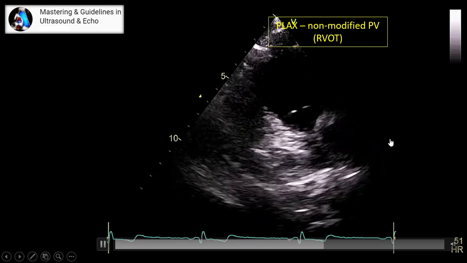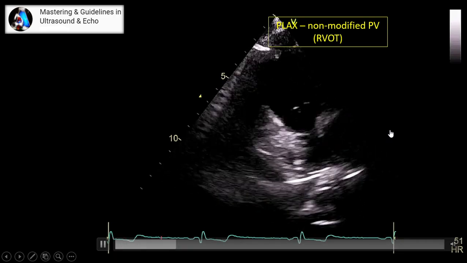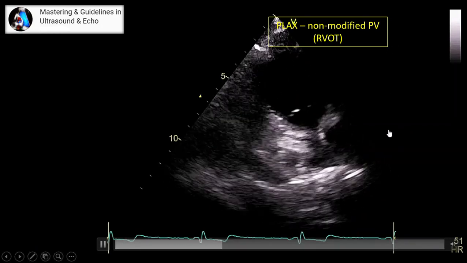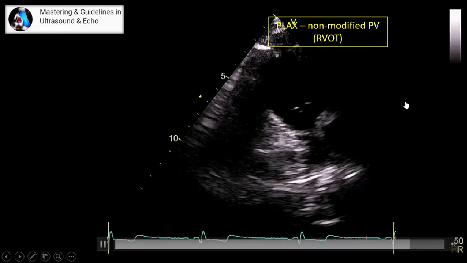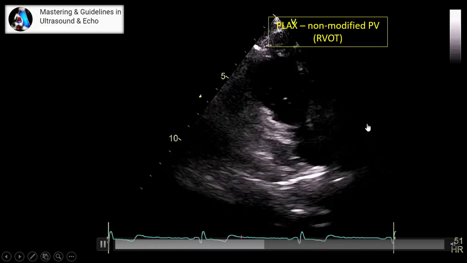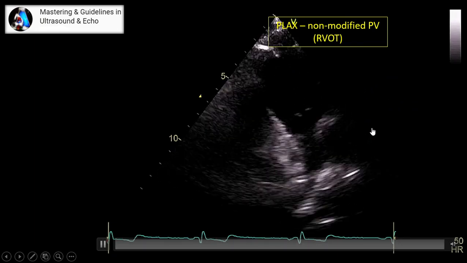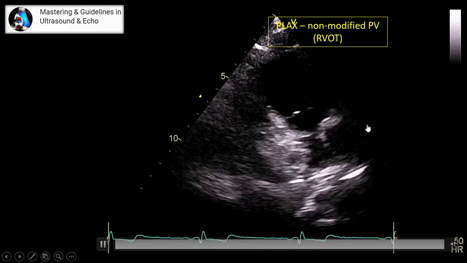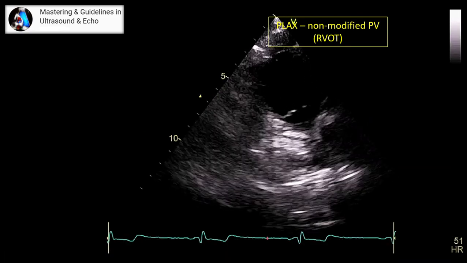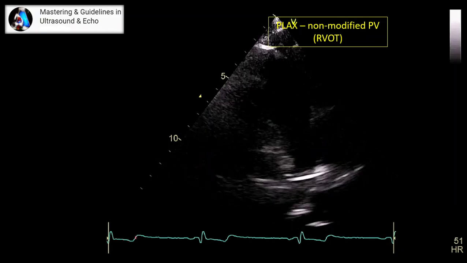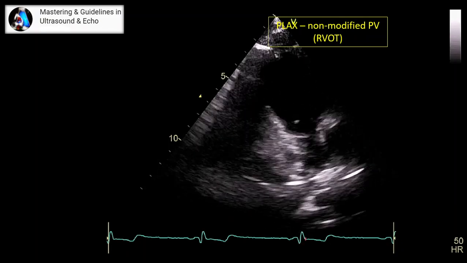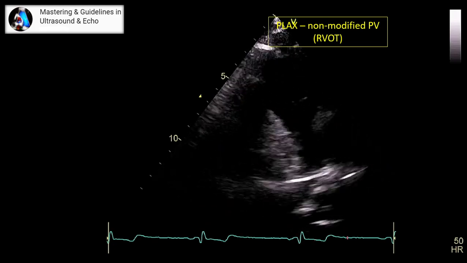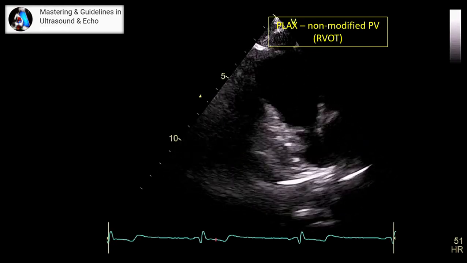Another view that we use for catching the image of the pulmonary valve or RVOT on PLAX is the non-modified pulmonary valve view. Non-modified means without any twisting, anything from the PLAX, we just fan the tip of the probe toward the left shoulder of the patient. If with this maneuver we don't get the pulmonary valve, just slide a little millimeter to the midline